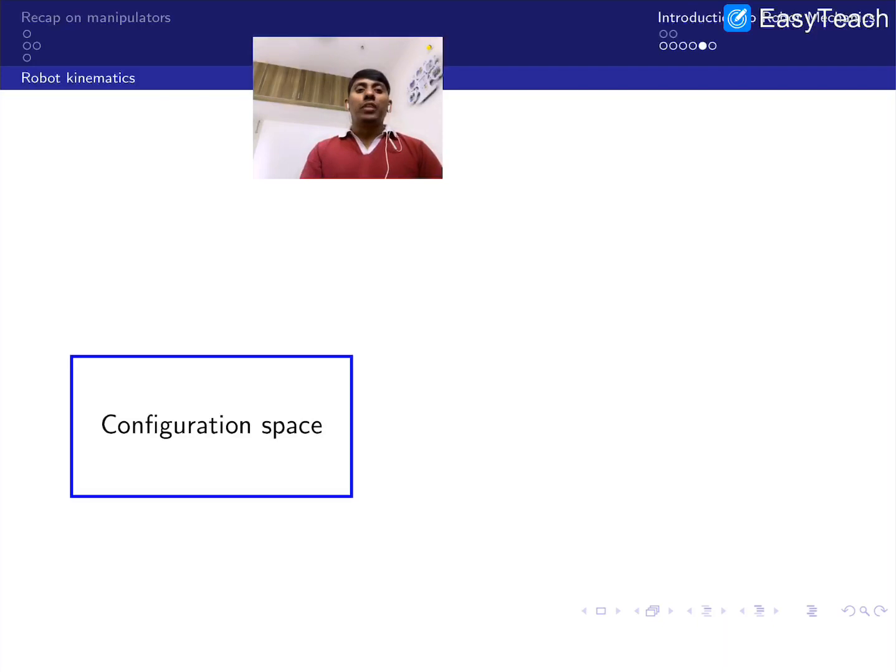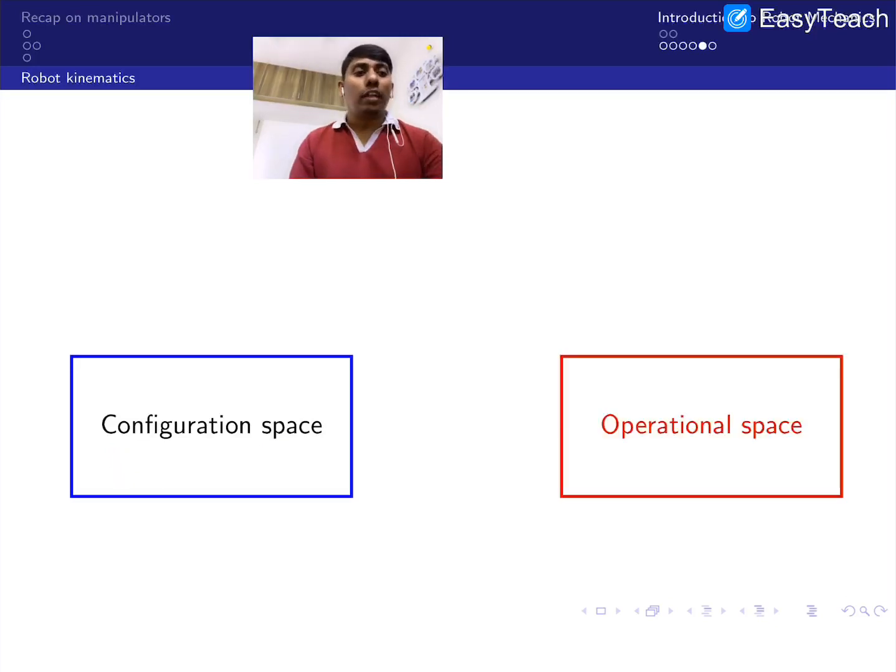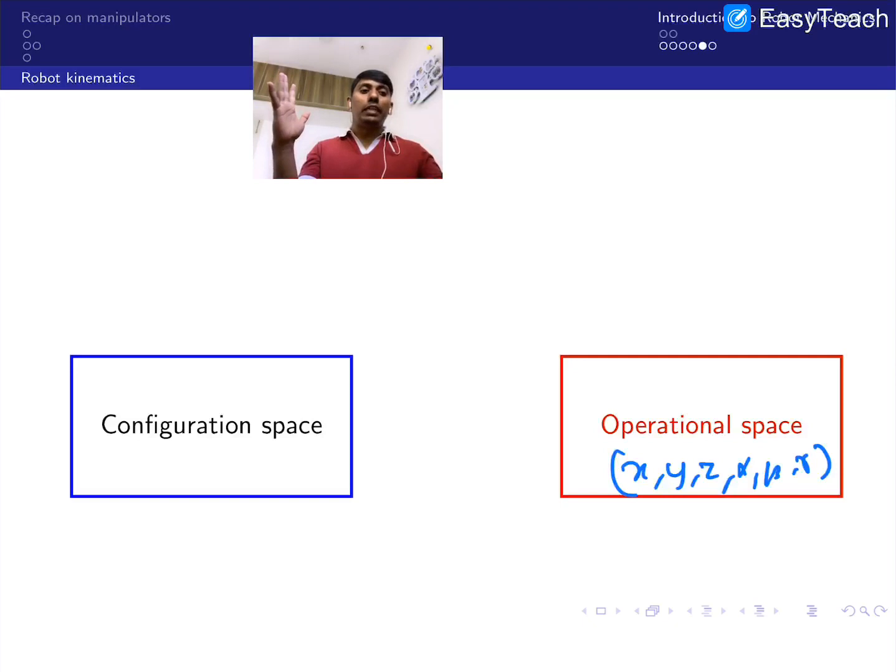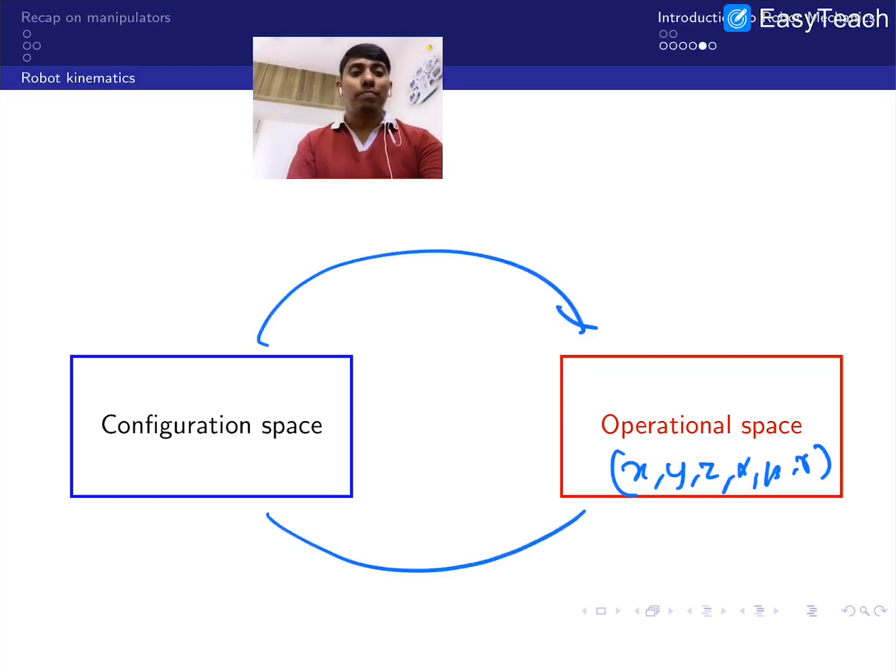What does that mean? You know the configuration space, which is the set of theta 1 to theta 6, n of them. Additionally you have the operational space, where x, y, z to alpha, beta, gamma in 3-dimensional space. But these two are different entities. This one is associated with the operation, and this one is associated with the configuration. So again, somebody has to say how to map these two, right?